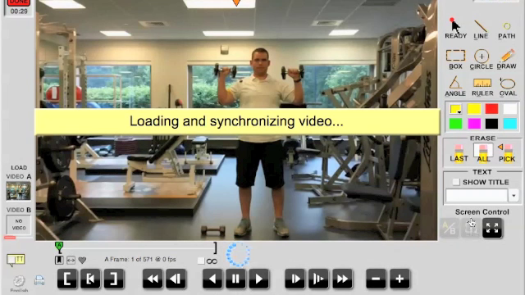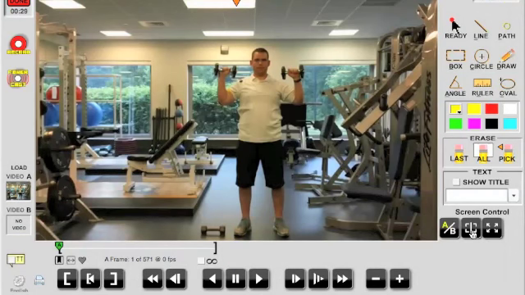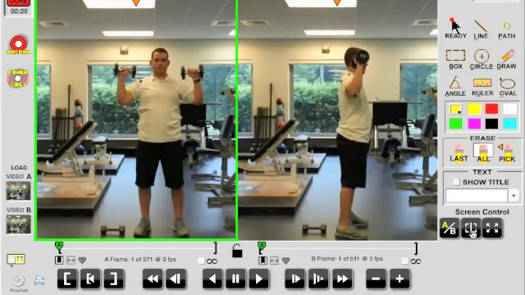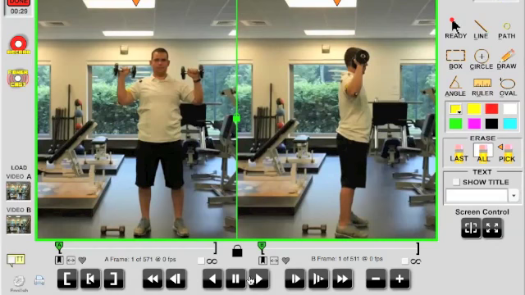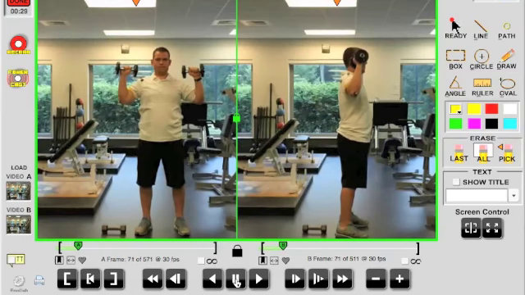Alright, so I'm over here under screen control, and that'll give me the side by side view. You can run them individually, you can run them simultaneously, so it's kind of a cool way to run your analysis. So we're just going to click in side view screen. As you can see, I've got the left side highlighted, which is the anterior view. I can just click on the lateral view and it shifts over, or I can click and lock them together. So whenever I hit play or use any of those play functions, it's going to run them simultaneously,